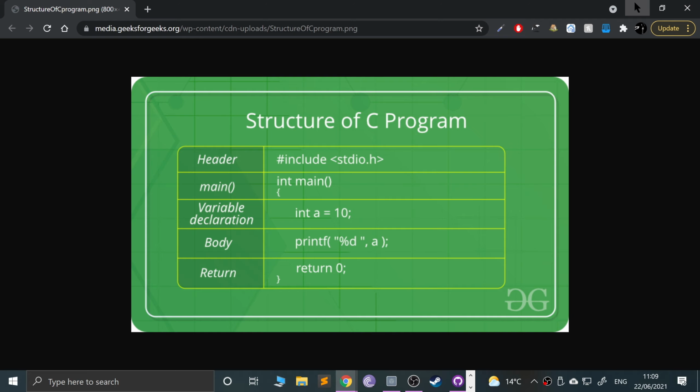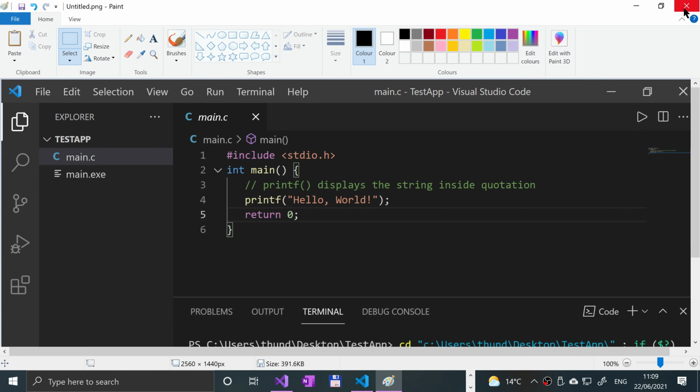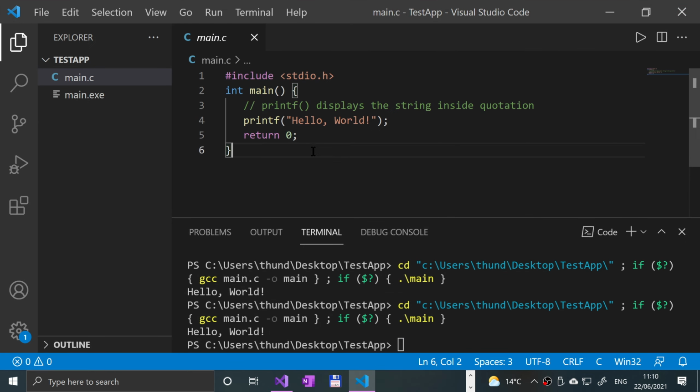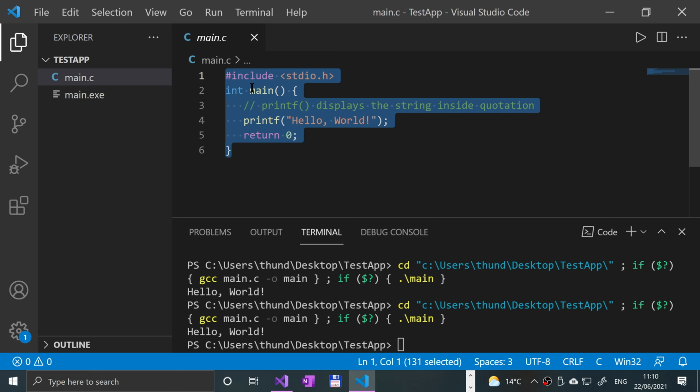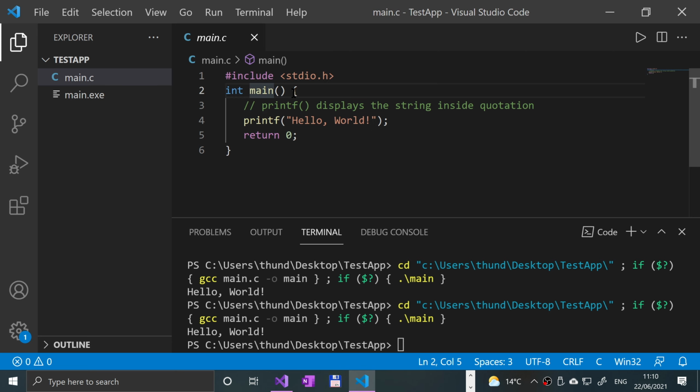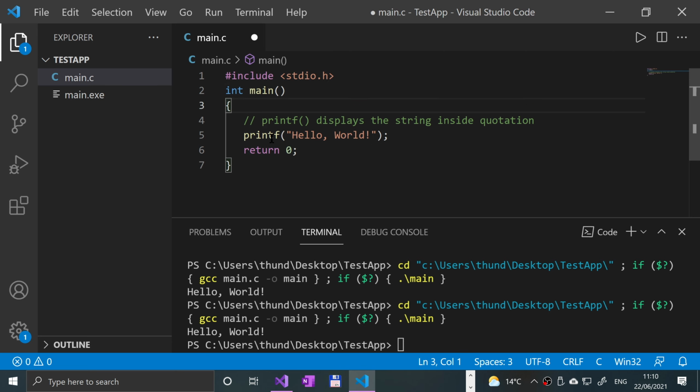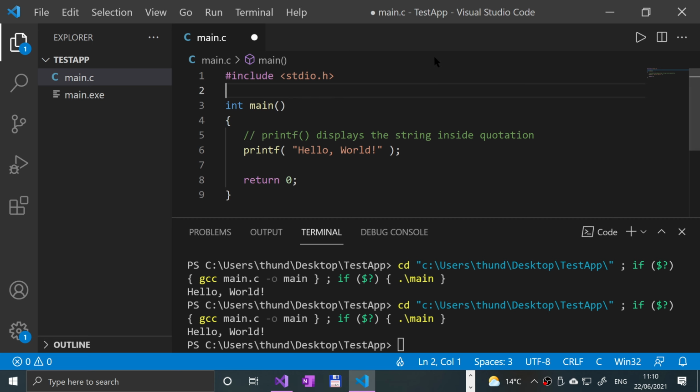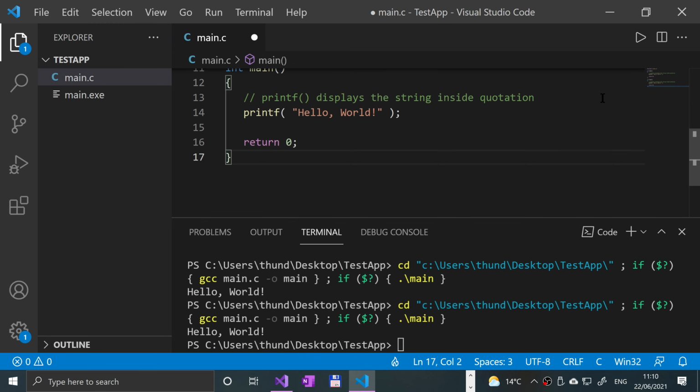Okay, so now let me actually close that. So this is Visual Studio Code, a basic application right here. And let me format it the way I like to have it formatted. And as you can see, it's very similar to that one. If I run it, it'll say hello world. And if I was to duplicate this, let's see what we get. So if I run it,